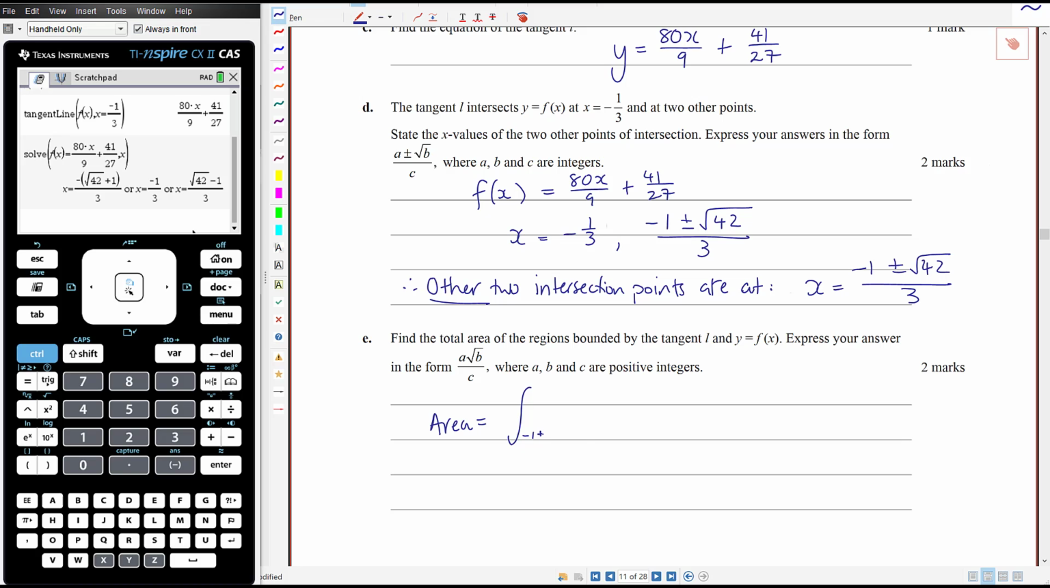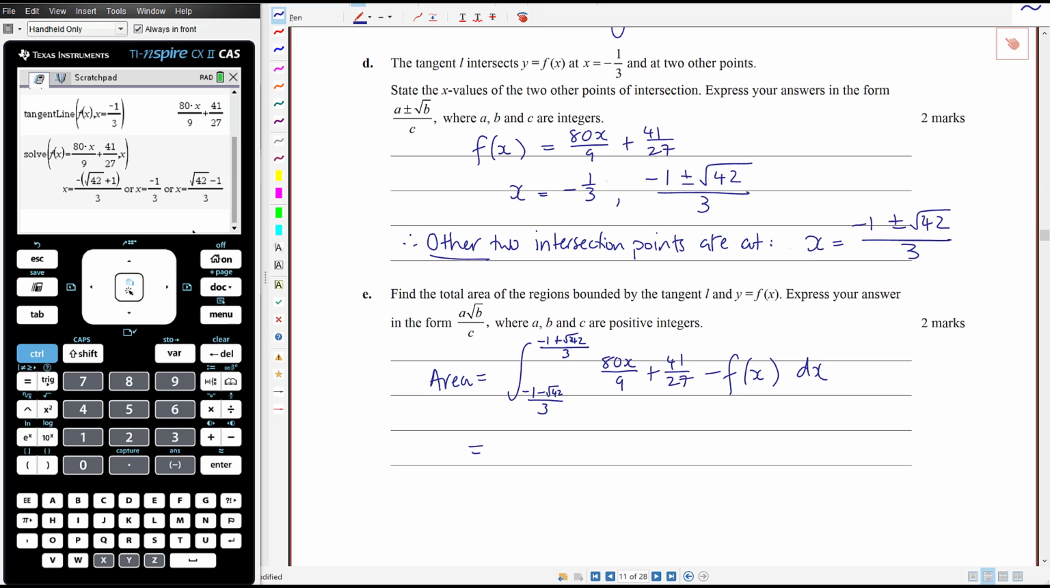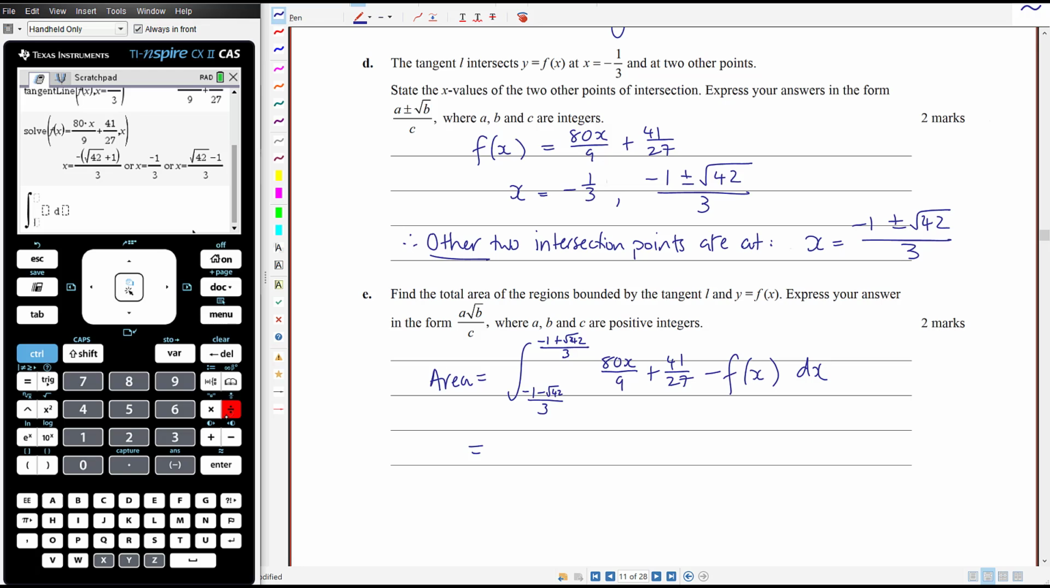So negative 1, sorry, not plus or minus, negative 1 minus root 42 over 3, negative 1 plus root 42 over 3, and it is the tangent, which is 80x on 9 plus 41 on 27, take away the original function. Okay, let's see what our CAS gives us and see whether we need to do some work to get it to look like that. So shift plus control divide, try it again,